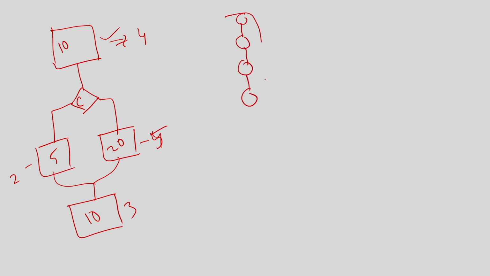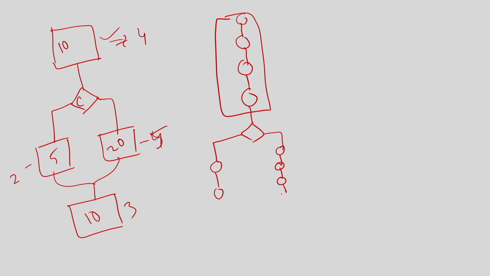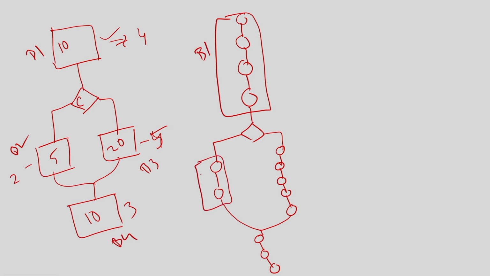This is my basic block 1, then I have a condition. Here I have 2 states and I have 5 states here, and then I combine this into this, and this will be my 3 states for this. So this is basic block 1, BB1, this is BB2, this is BB3 and this is BB4.